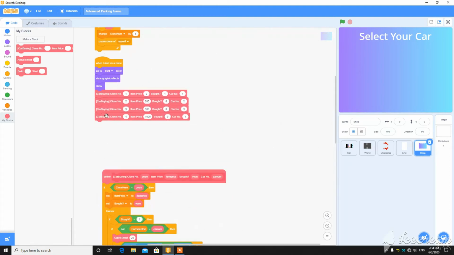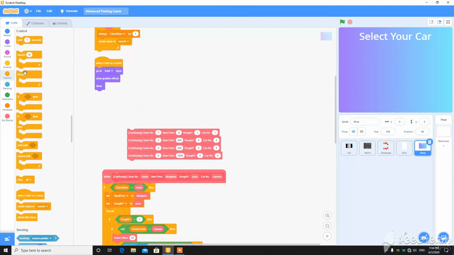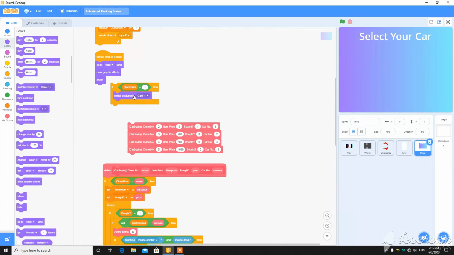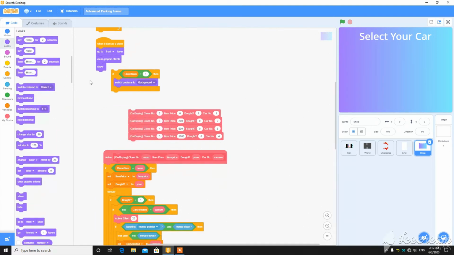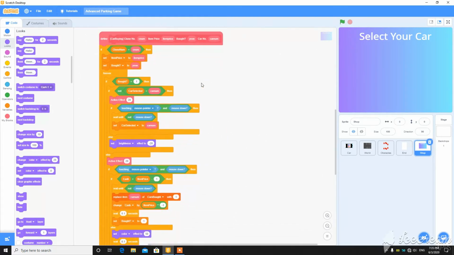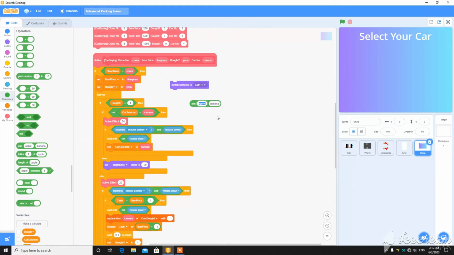And also we forgot one thing, the background. So just add one clone number, then 2, 3, 4 and 5, and then put here if clone number is equal to 1, then switch to costume, say background, and that's it. You have to also make a costume thing here, then put your switch to costume, make a join here, car, and then the car number will be here.